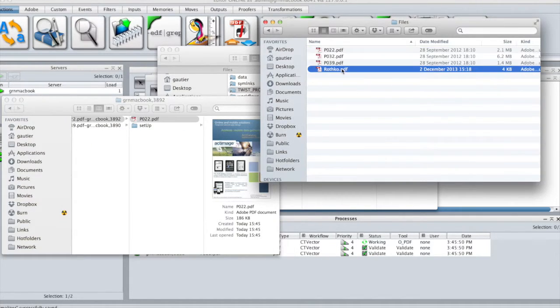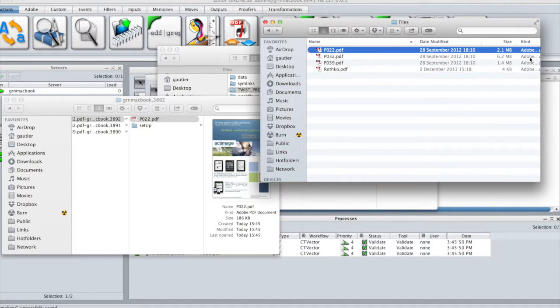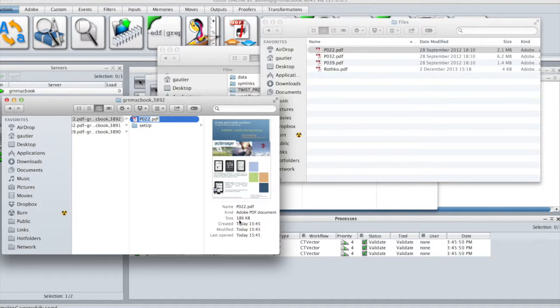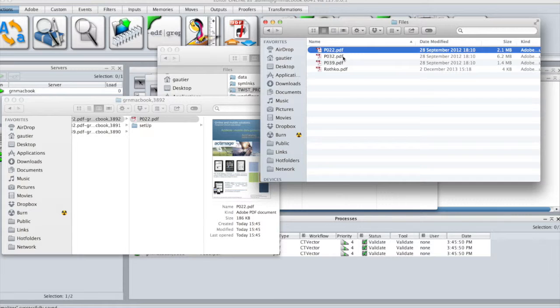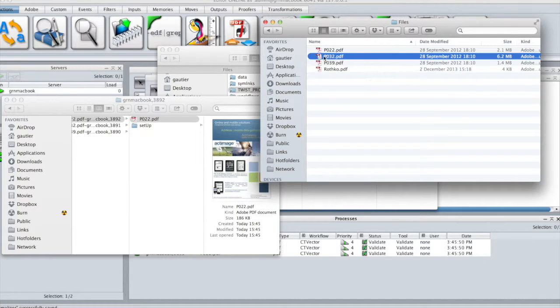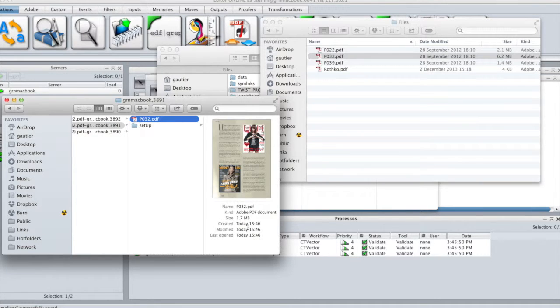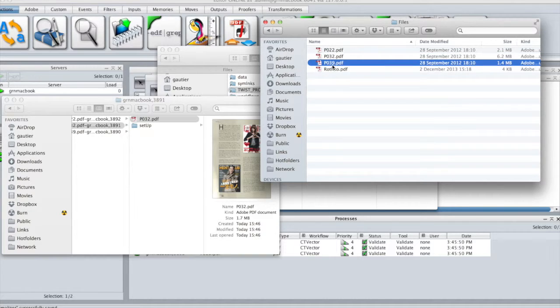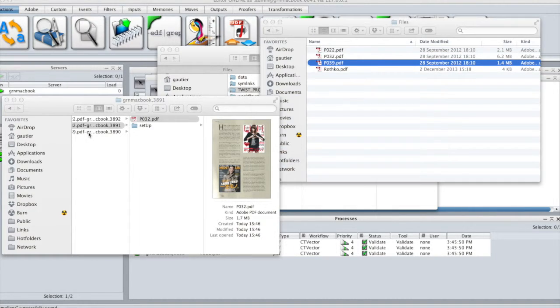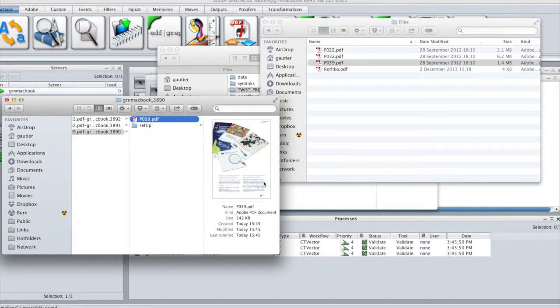As you can see, the file that was 2.1 megabytes is now 186 kilobytes big. The 6 megabytes file is now 1.7 megabytes big, and the 1.4 megabyte file is now 142 kilobytes.